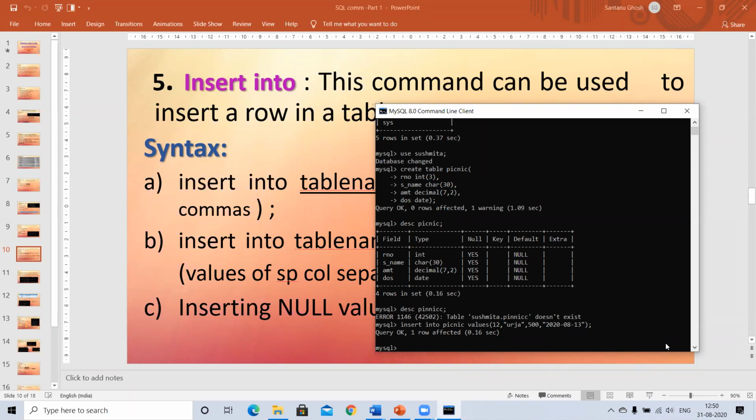So if I do so with the up arrow key and the down arrow key, I can pick up the previously entered commands. So if I just have to insert a new record, I can pick up this command again and change these values. So it's going to be simpler work for me rather than typing INSERT and the whole thing again. I can pick up that command. So I am using my up arrow key here.